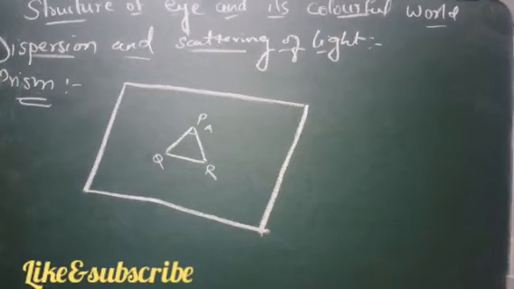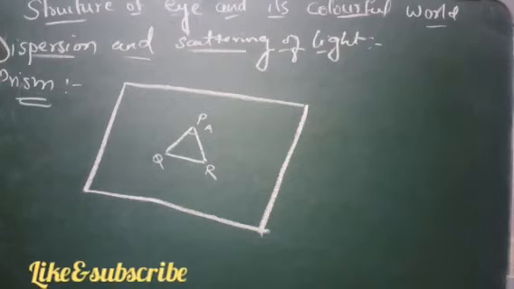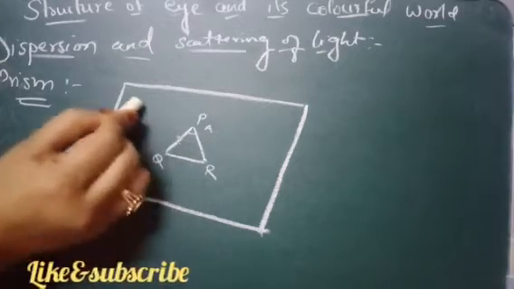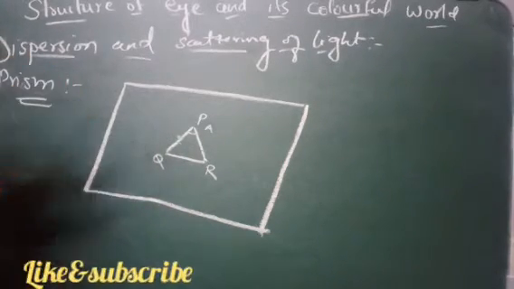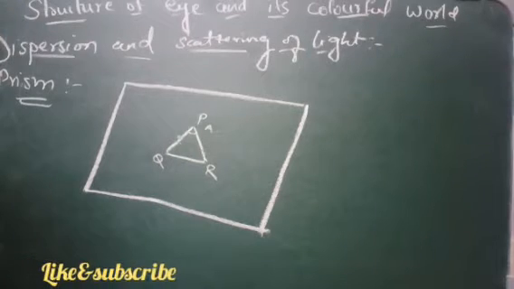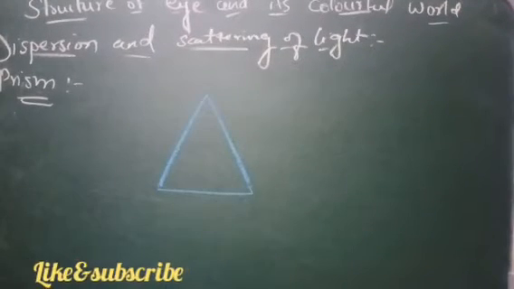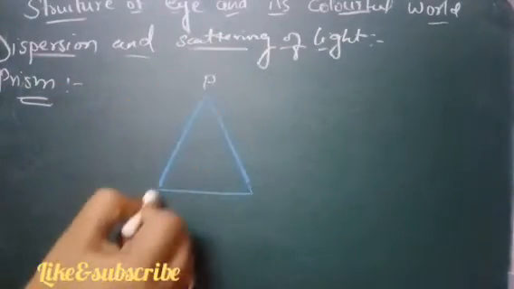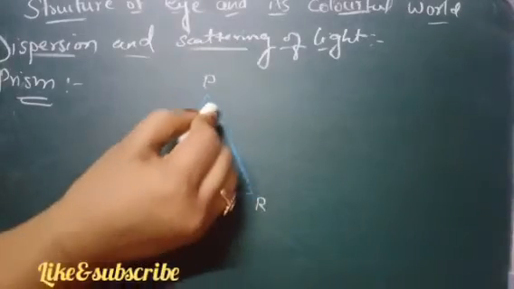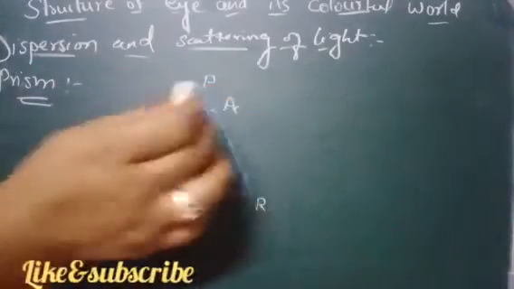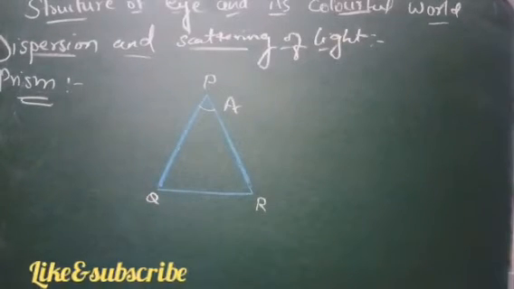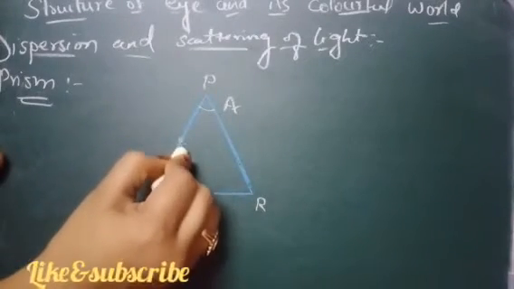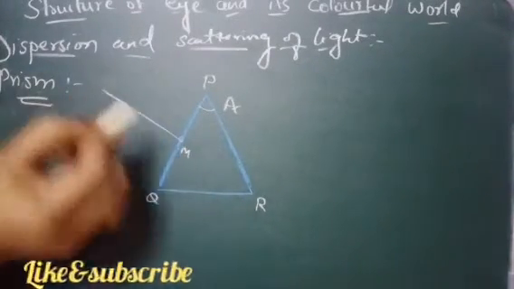We will mark a point M on the side PQ and draw a perpendicular line. I will just draw this in a big size so that it is visible. So this is the prism we have taken on the sheet. We have marked this as P, Q and R, and the angle of the prism as A. Then we have taken a point called M and drawn a perpendicular line like this.